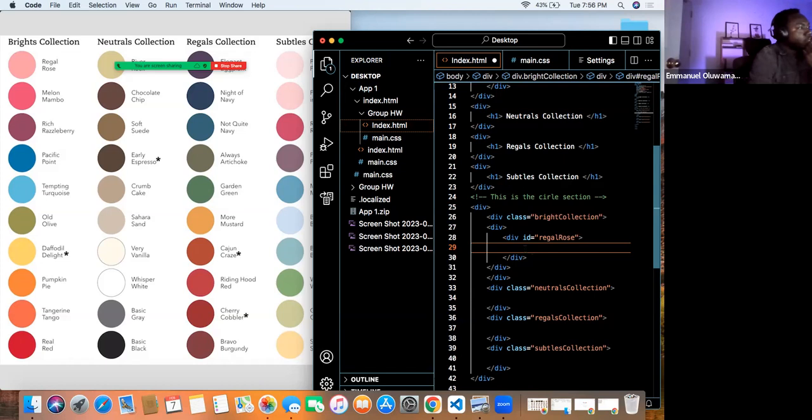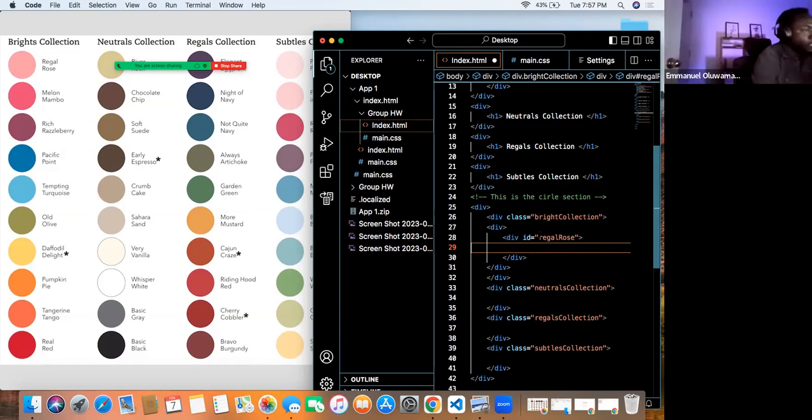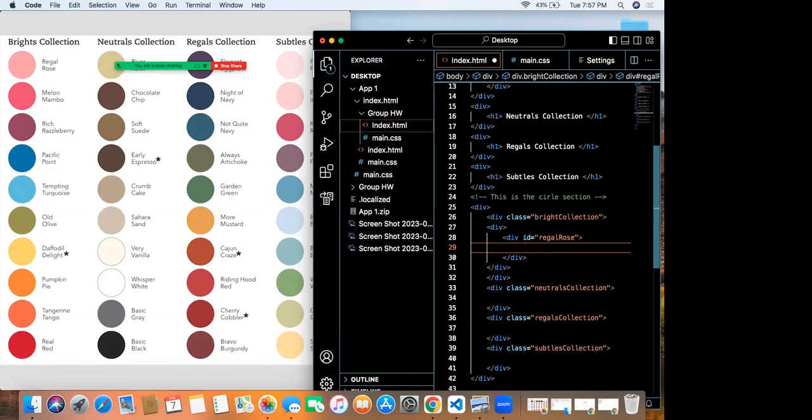Since all the circles have the same size, the size is constant, we could just have another class for all the circles. So we can have div class equal to circle, so that in our CSS, we can format the circle to whatever we want it to be. Should we change the ID to a class? No, we need the ID because we're going to use the ID to color it. Exactly.